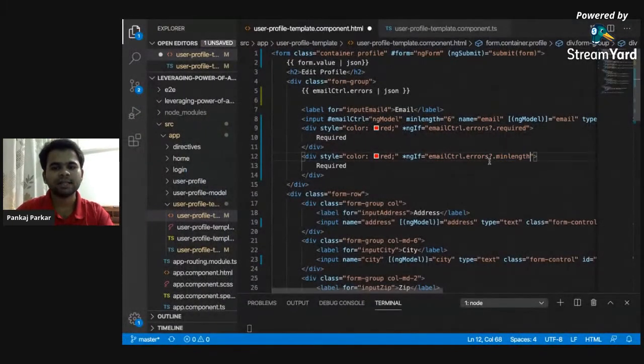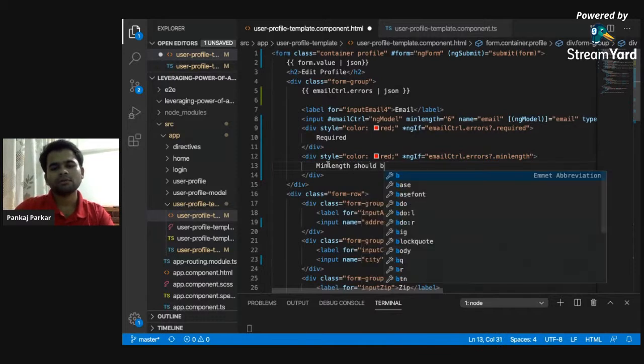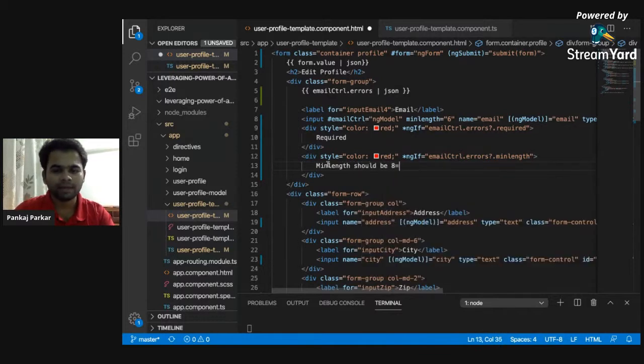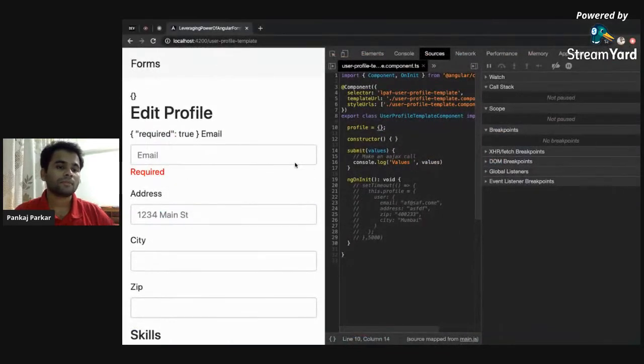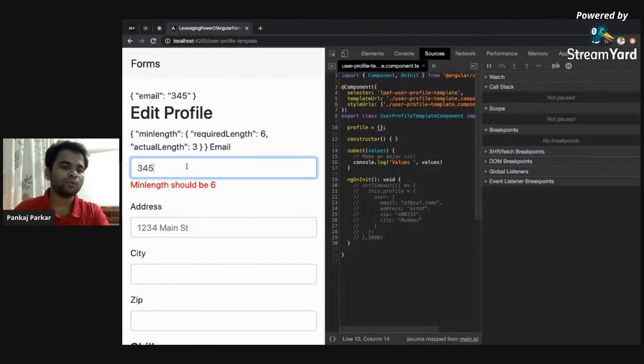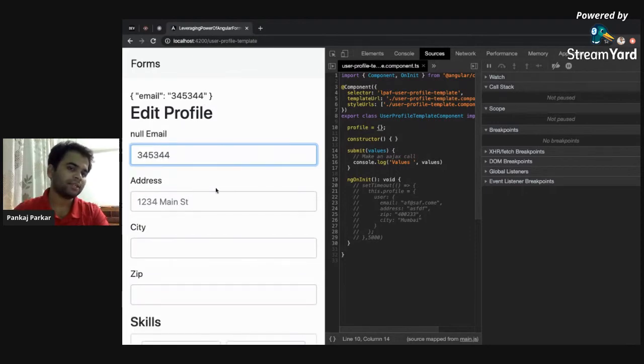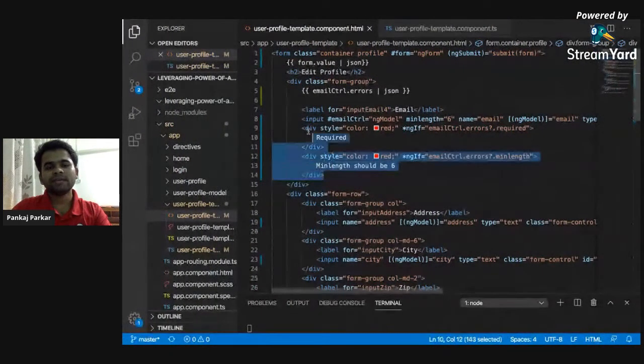So I just copied this and I said error.minlength, and do this and that. So min length should be 6, and let's see what appears on the UI. It should reflect. So I have to add a minimum of 6 characters, and after that the error will go away. That's cool. So this way we can handle the error situation, or not error handling, validation in